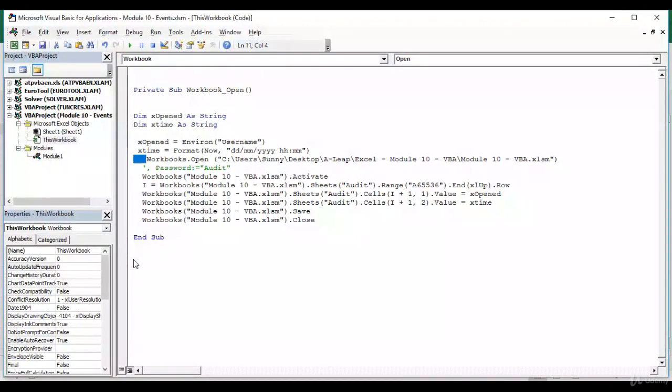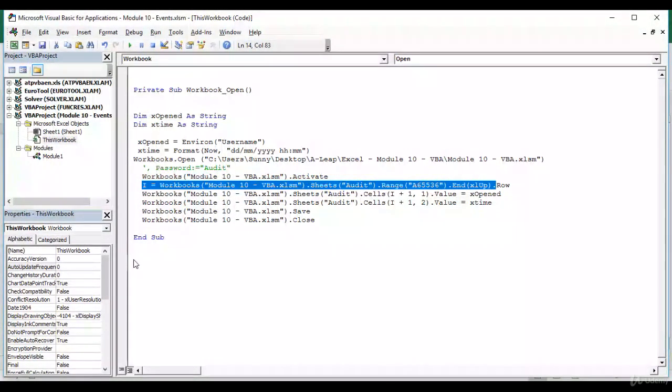It will open another workbook which is kept at a particular path, and this workbook is module10 VBA.xlsm. For adding more complexity, if this workbook is password protected, I can also pass the password through this particular statement. Then in the workbook which Excel opens, VBA will activate this workbook, and it will look at the last entry in column A, so that when it now pastes, it pastes